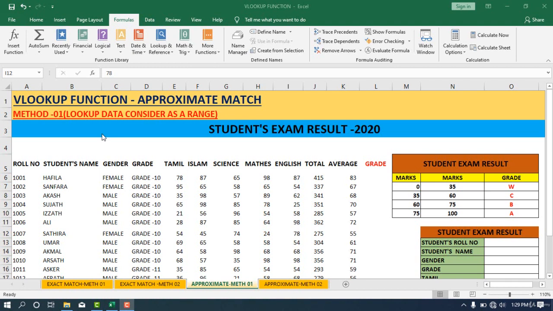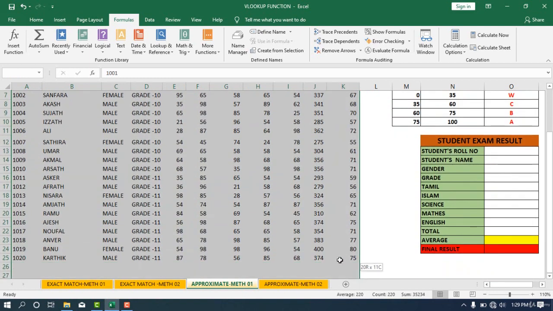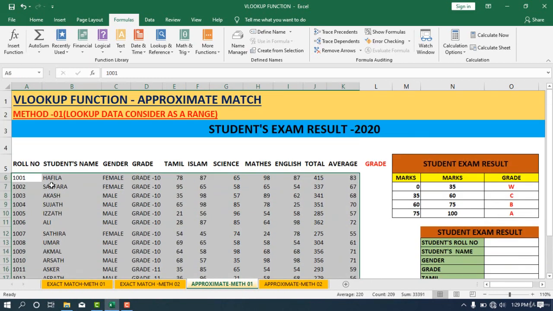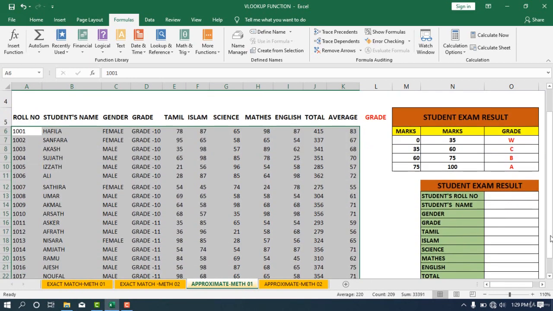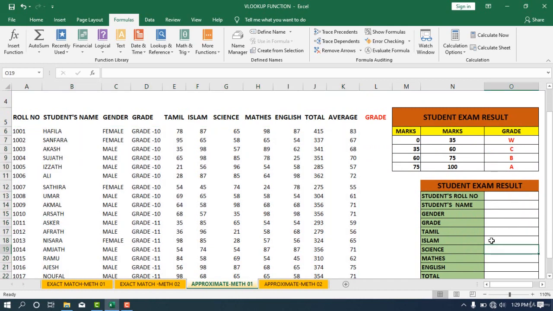Now we are going to look at the VLOOKUP function approximate match, method 1: lookup data considered as a range. This is the student exam result 2020, and you know well that a range means the set of the data, right? So this is the set of the data. Based on that, we are going to retrieve the data to here. You can see here,